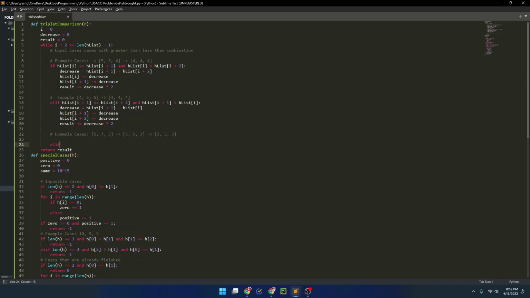So now let's do for that. So let's do elif h_list[i] equals h_list[i+2], and h_list[i+1] is greater than h_list[i], and h_list[i+2] minus h_list[i+1] minus h_list[i] is